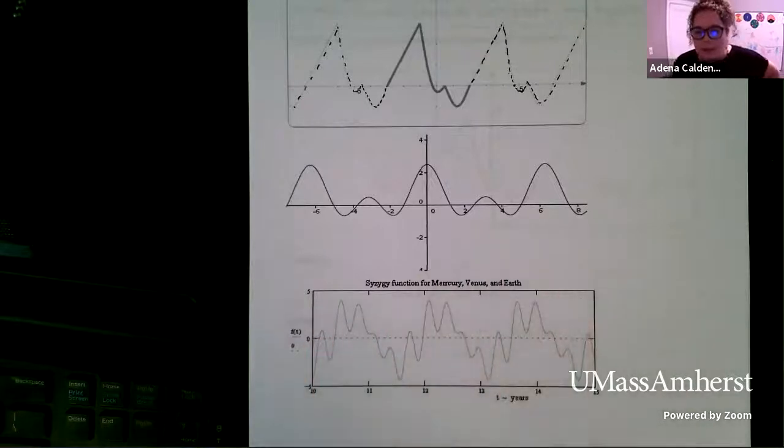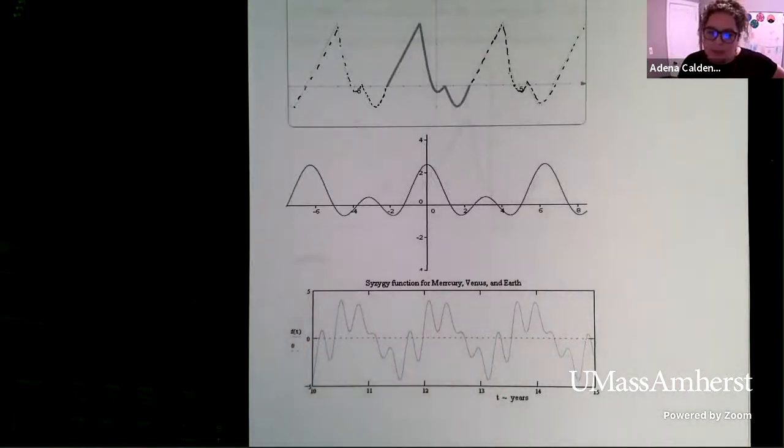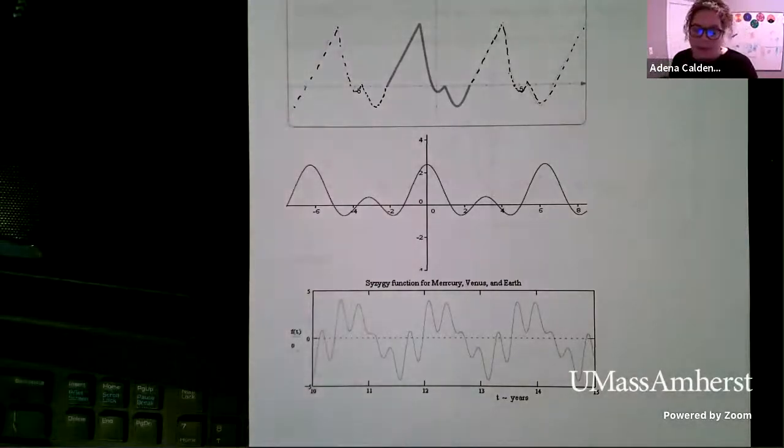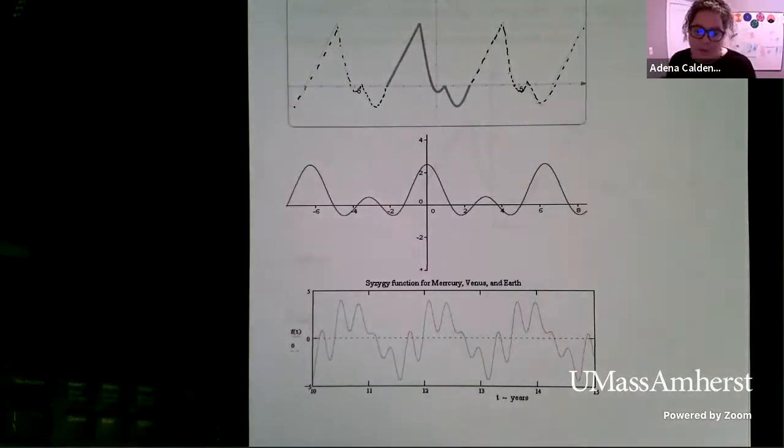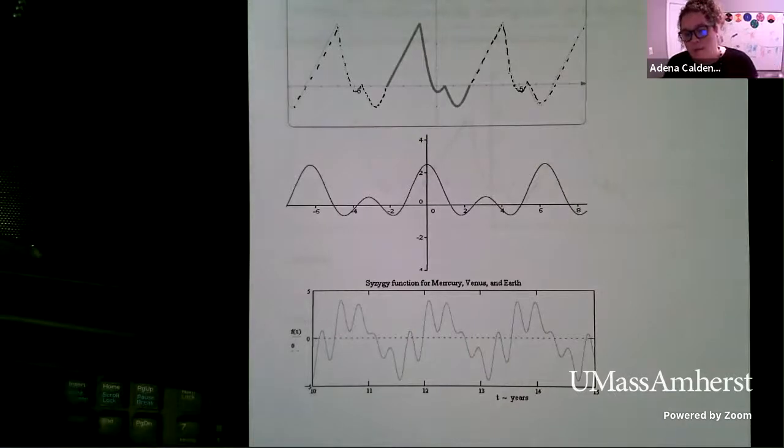So these are all just examples of periodic functions, where we look at them and we see that something is repeating. This is just the visual representation. So what sorts of information do we want to get from periodic functions?